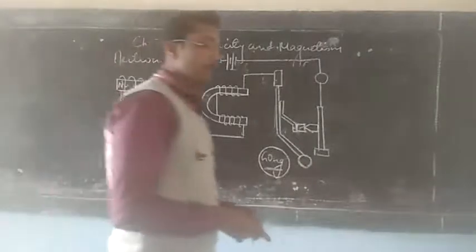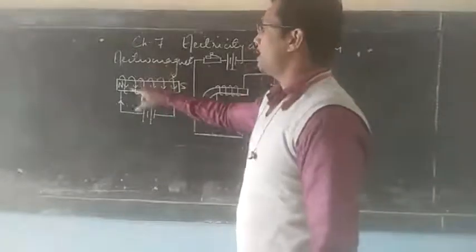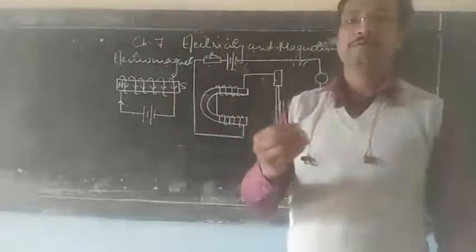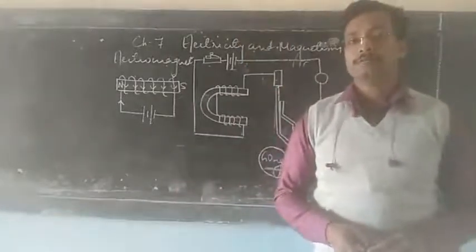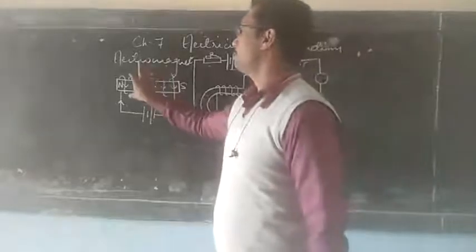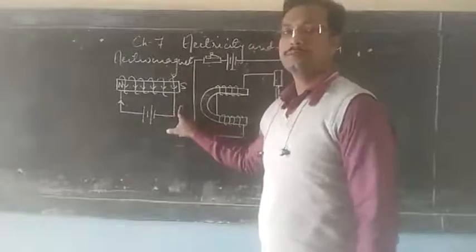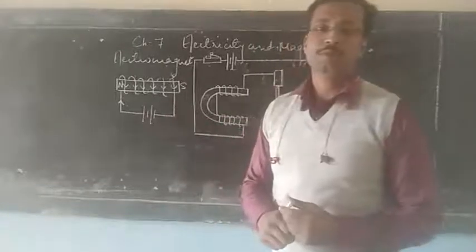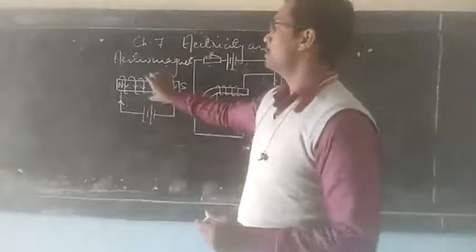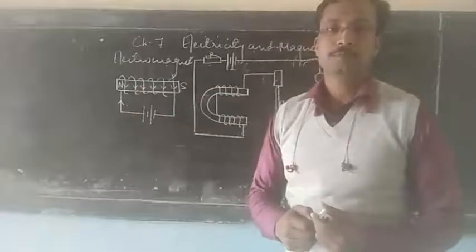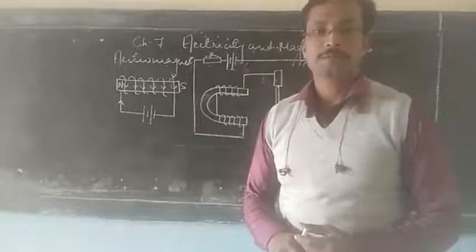But this electromagnet, made by taking an iron bar, will give you a temporary magnet. This is not a permanent magnet because it will behave like a magnet only as long as the current keeps flowing through it. Once the current stops, it will lose all its property of magnetism, and so we say that this becomes a temporary magnet.